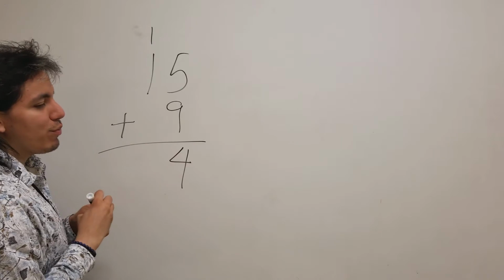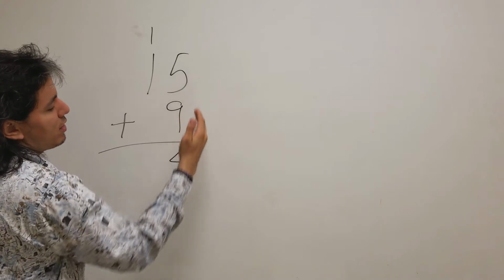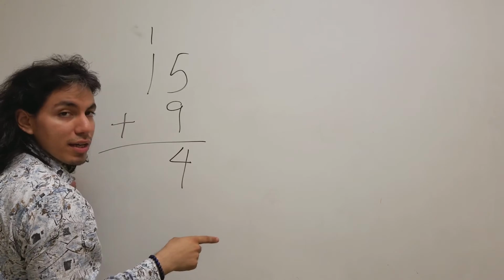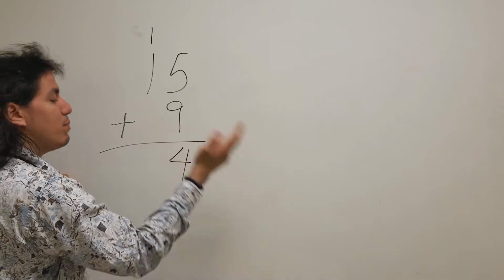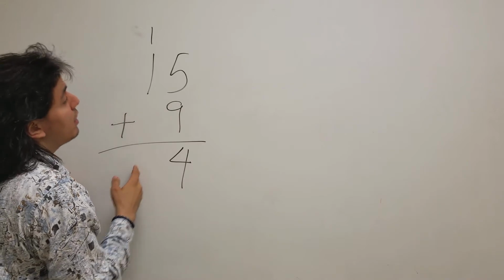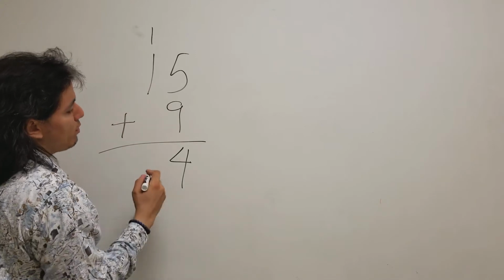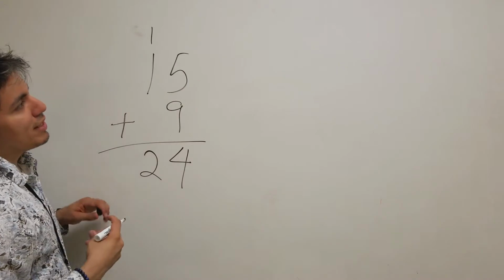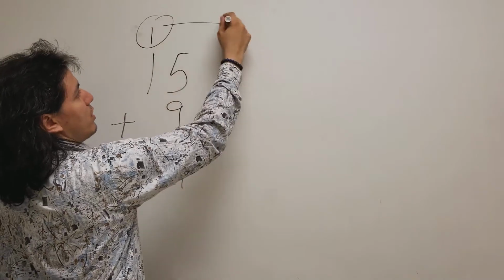This is why you carry it over, because remember, this is the ones column. The ones place value can only contain numbers from 0 to 9, and then when it gets too big, you take that 1 and then you put it in the tens value. You see? So because of that, in the new tens section, 1 and 1 makes it 2, therefore 24 as your answer. So the idea of adding, this little 1 here, this is what you call